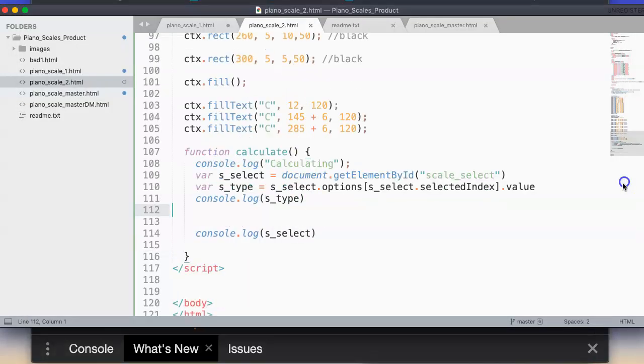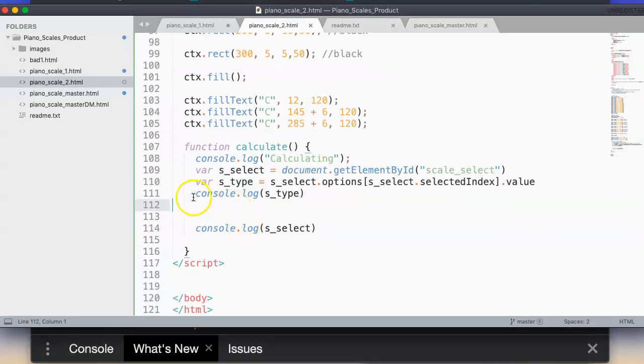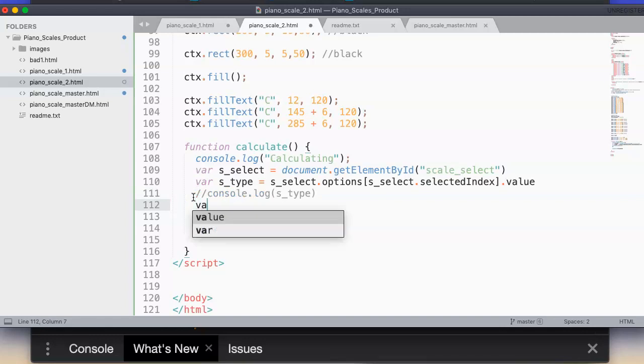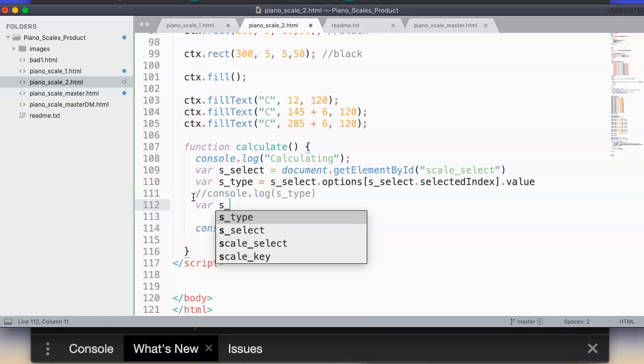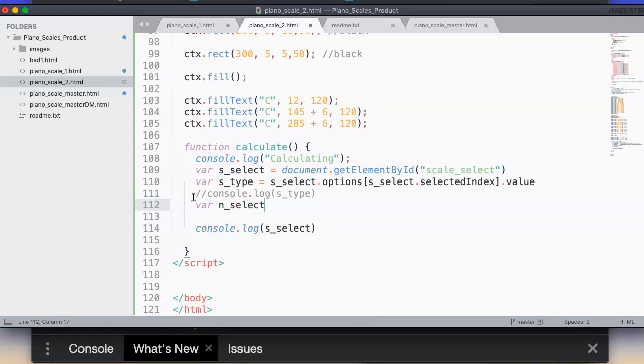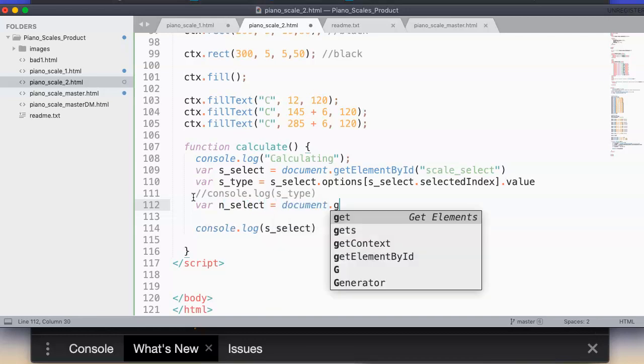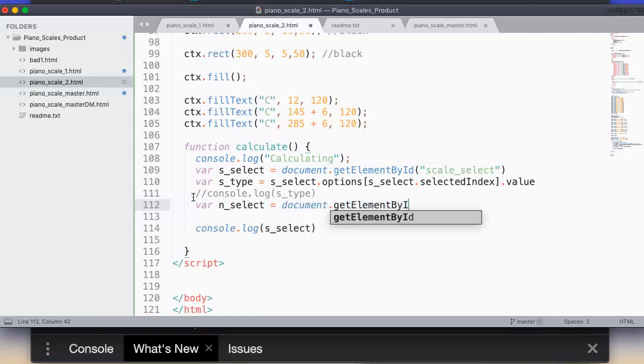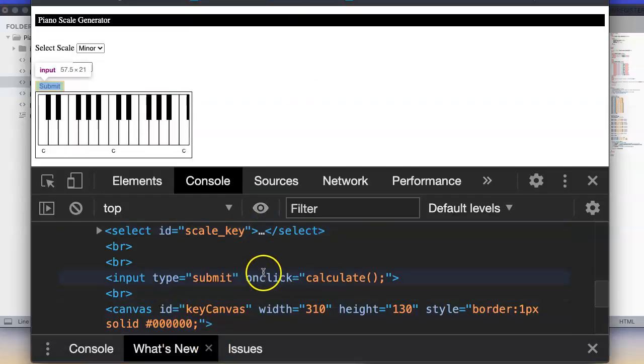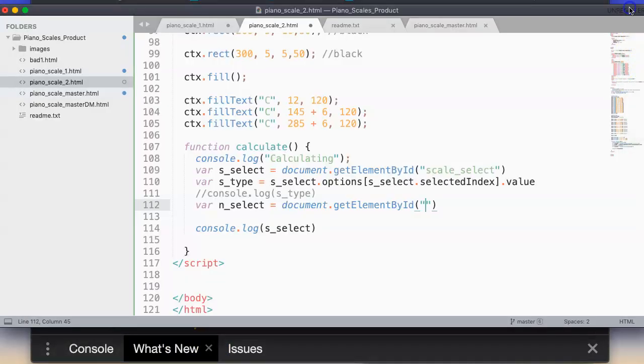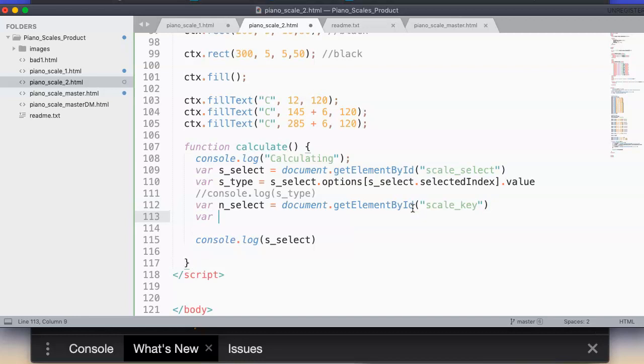Okay, so come back to my code, and I'll just comment that out, and I'll say var, and let's call this nselect for note select equals document dot get element by ID. And what's the ID here? Let's remind myself again. It was scale key. So we're going to say scale key, and then I'm going to say var ntype